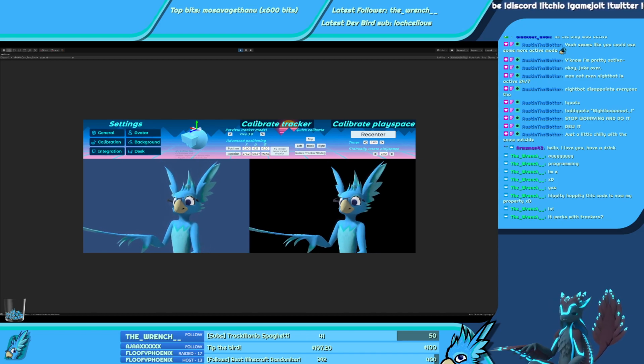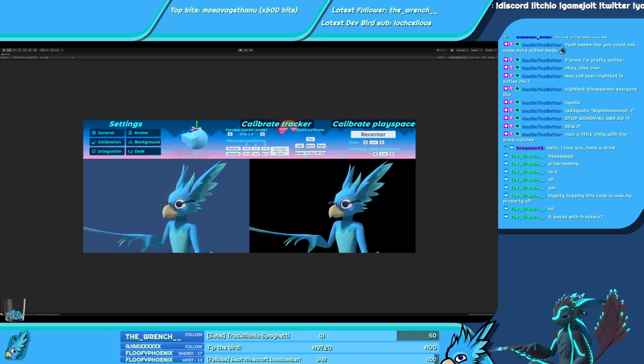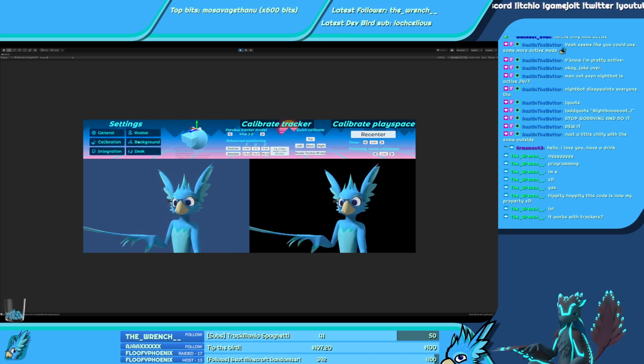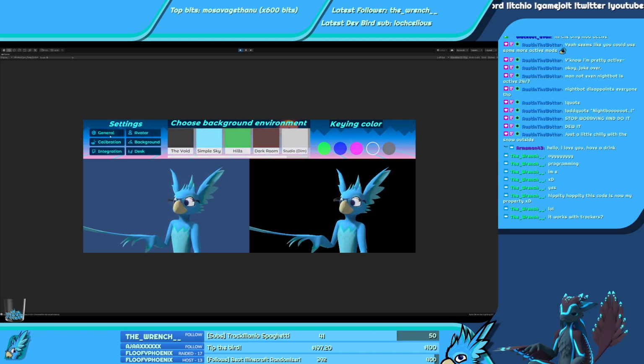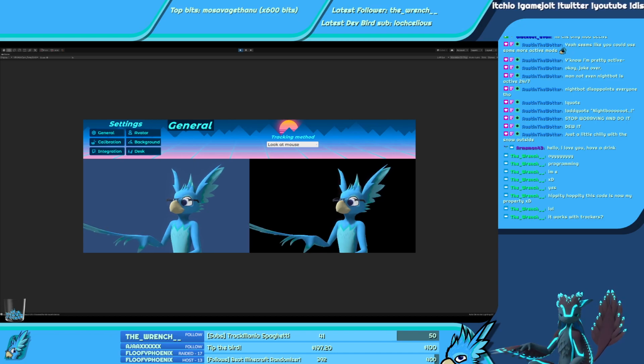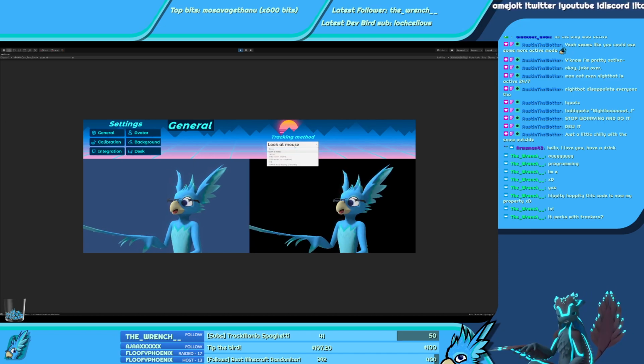It works with trackers. Yes, it does. It works with a tracker strapped to your head. But don't worry, if you don't have a tracker, simply go to general settings and set it to look at mouse, and it will be a bit more classic, just look at the mouse wherever it is. Or if you have your headset, just slap on your headset and set it to VR headset mode.